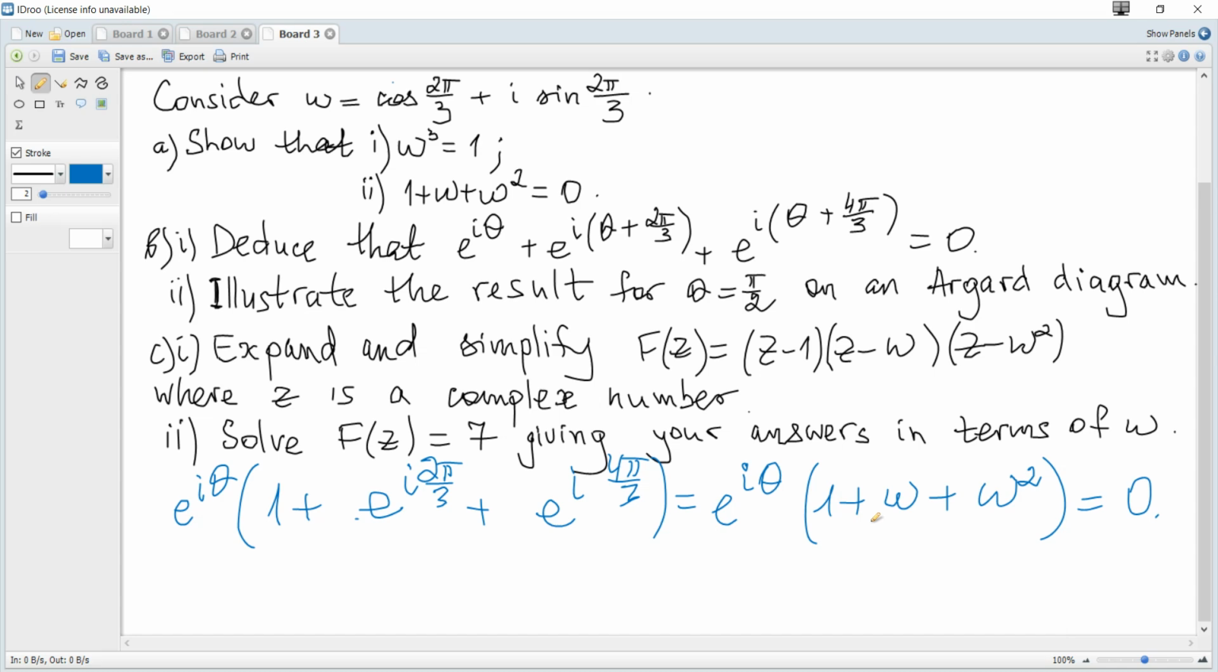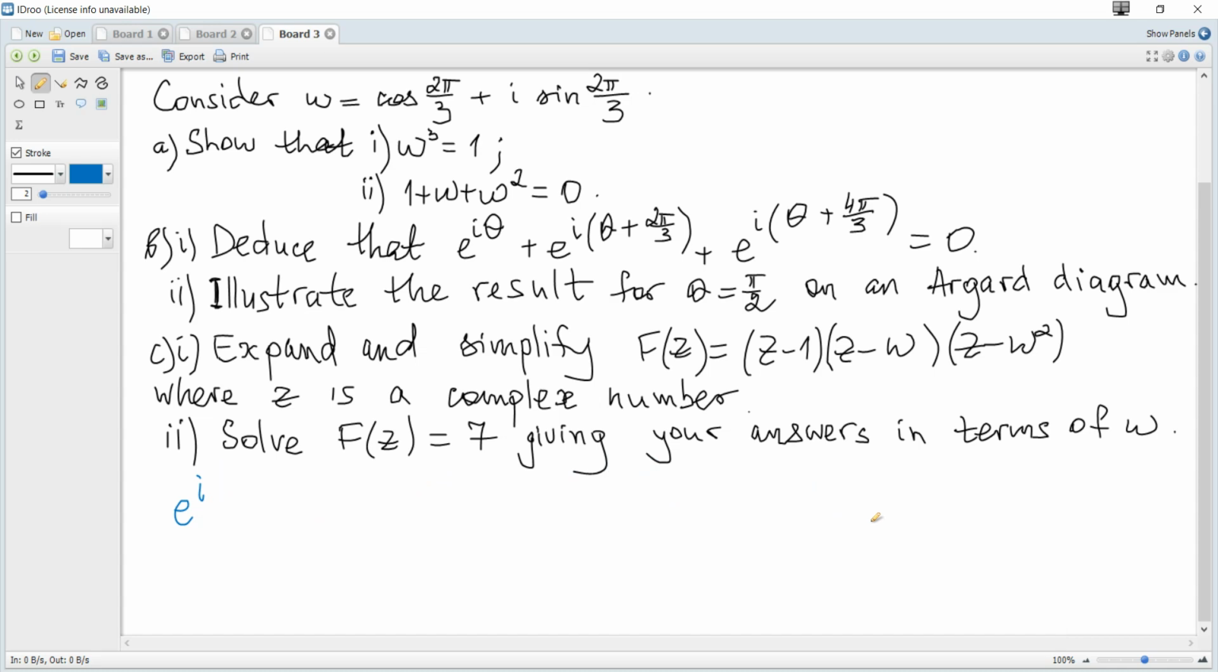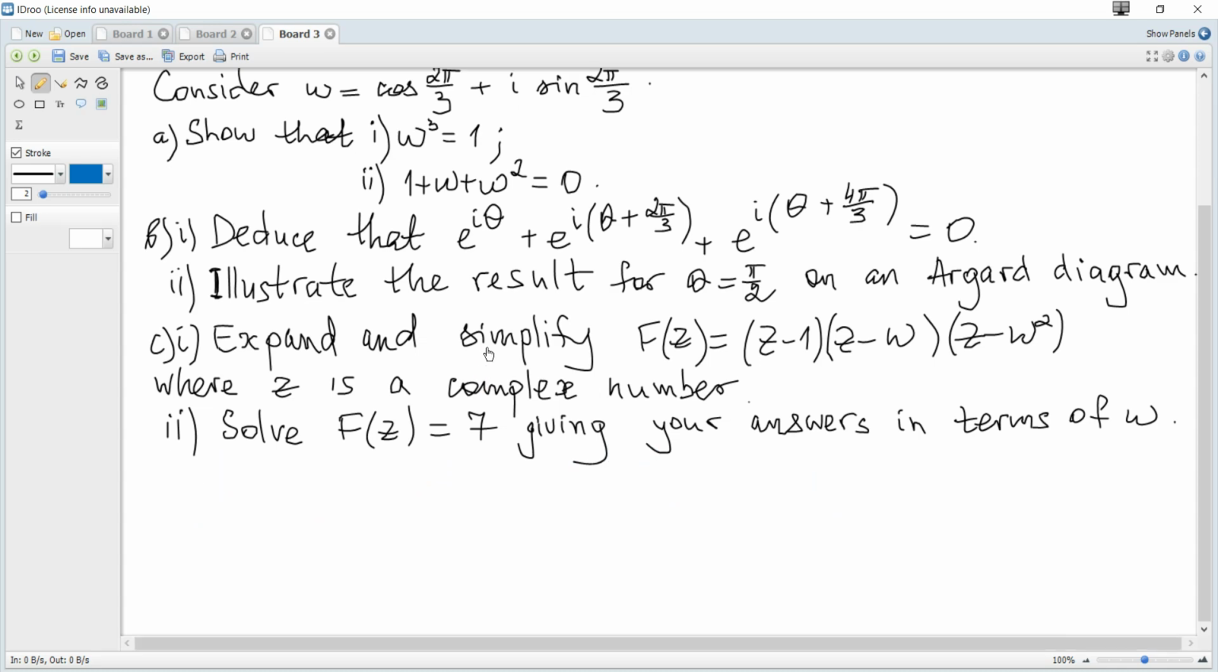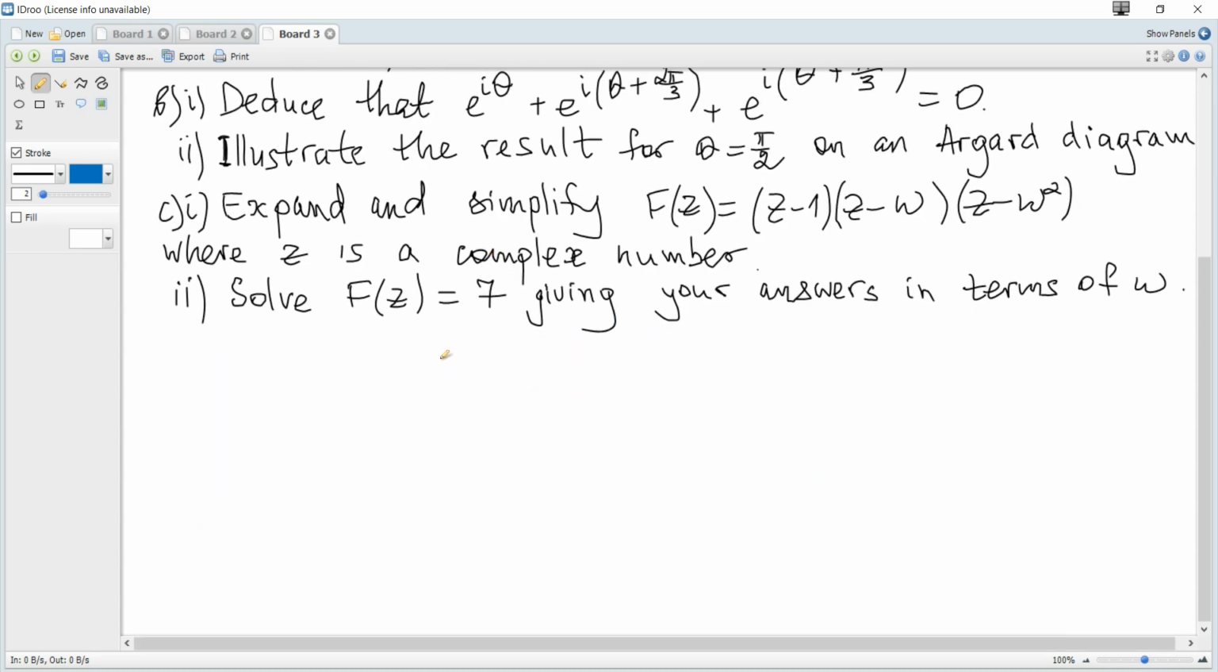Expand and simplify, where z is a complex number. It's quite easy, just open parentheses. So f of z is, let's open these two, so it becomes z squared minus z omega plus omega z squared minus z